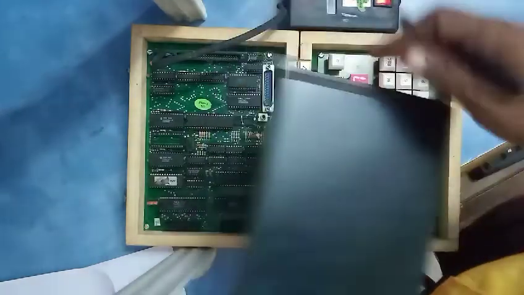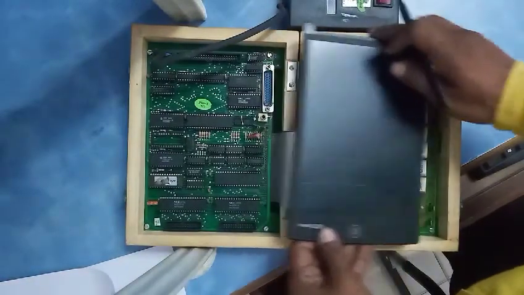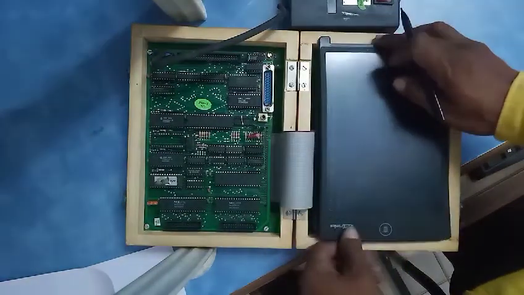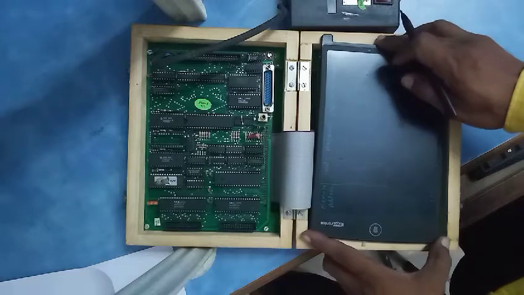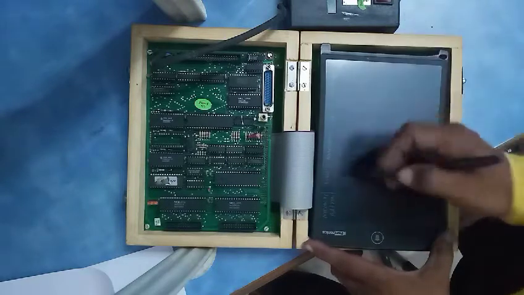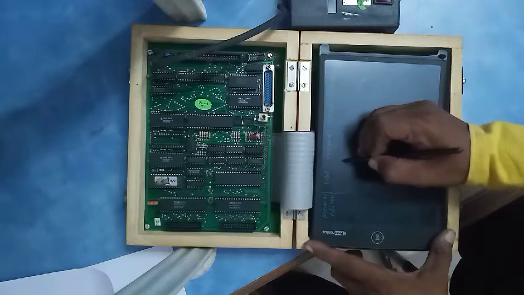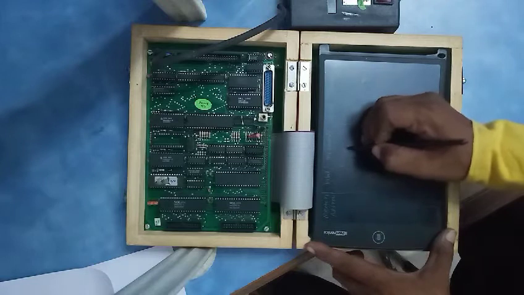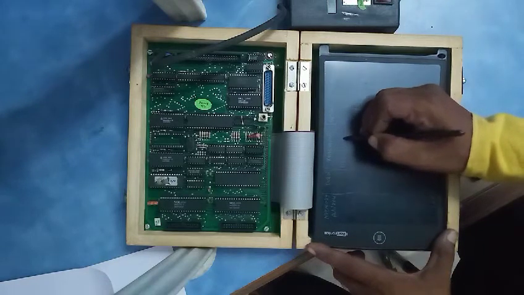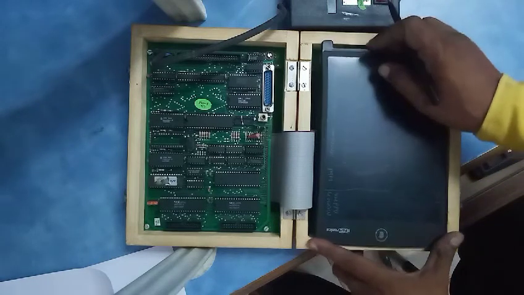First we will see how the program is to be written. The mnemonics: LXI H comma 20D0.